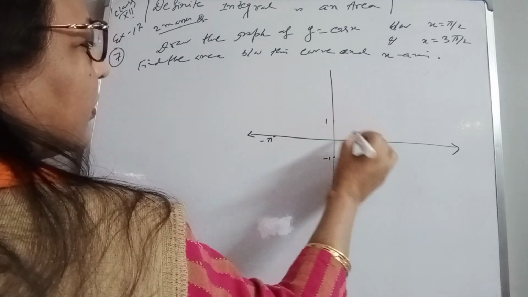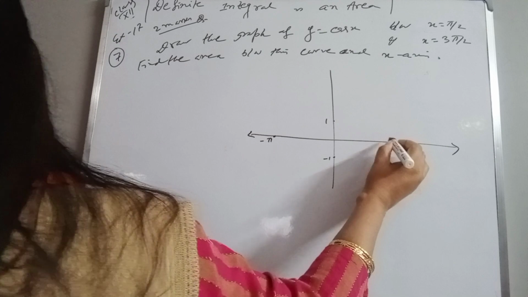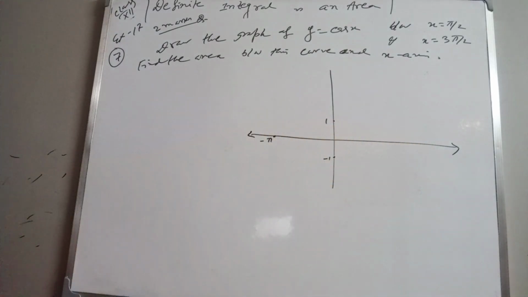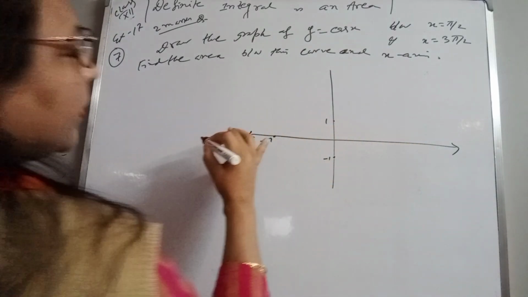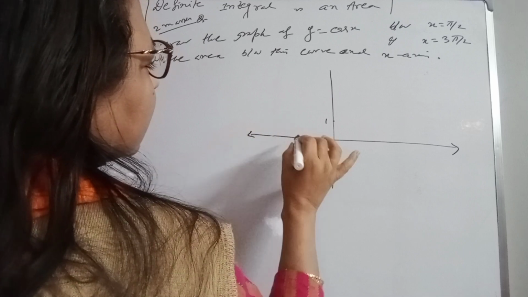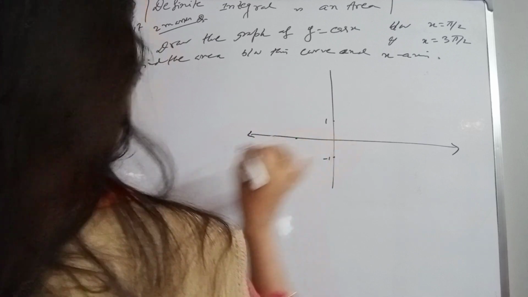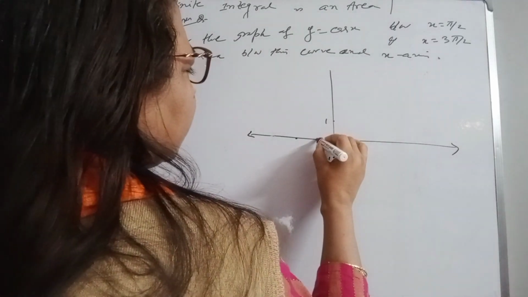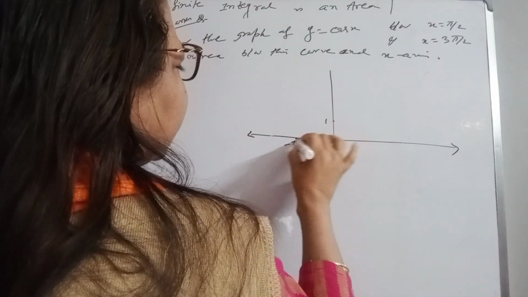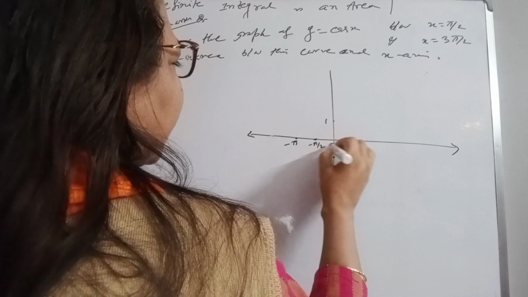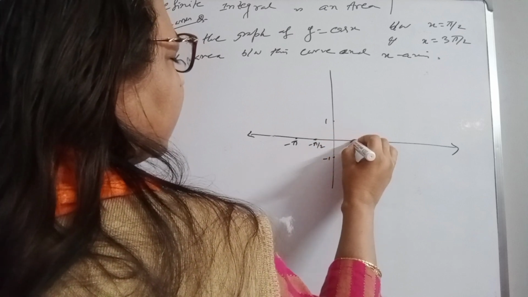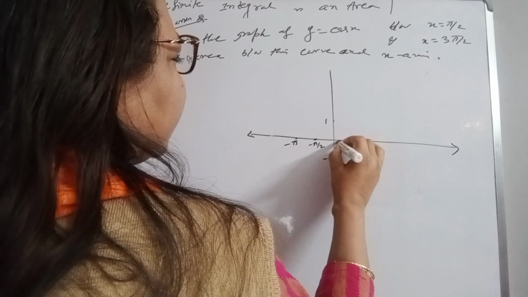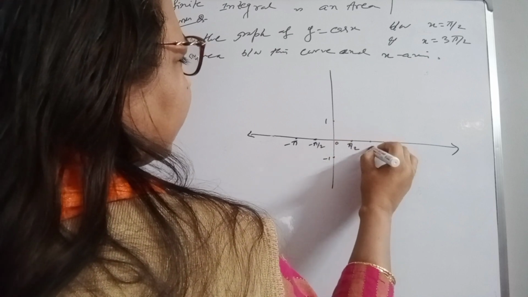This is 1. If this is minus pi, this is minus pi by 2, this will be pi by 2, this is 0, this is pi,